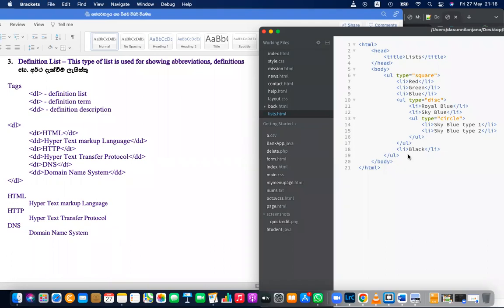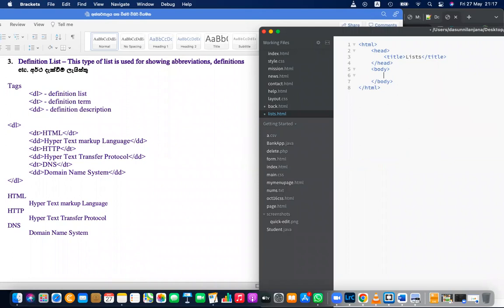And it has different implementation. Unlike the unordered list and ordered list, it has DL for definition list, and then you don't have LI. Instead of that, it has DT, definition term. So let's say the definition term is something like SATA, and then you can write the description. SATA means